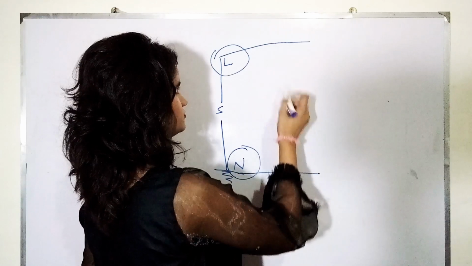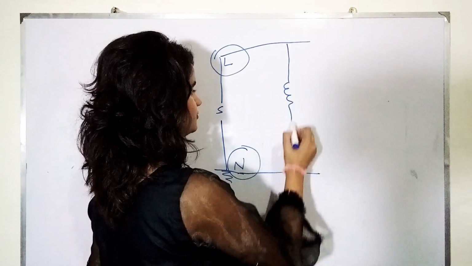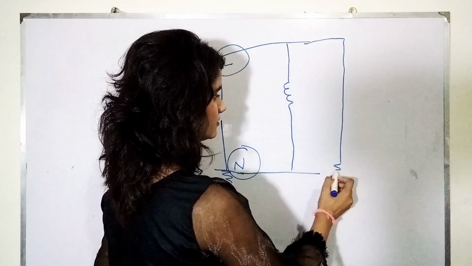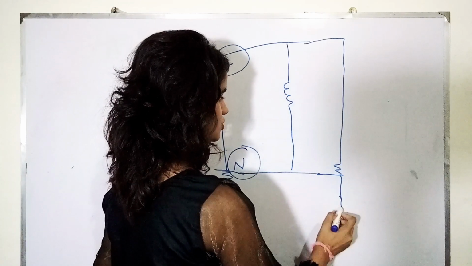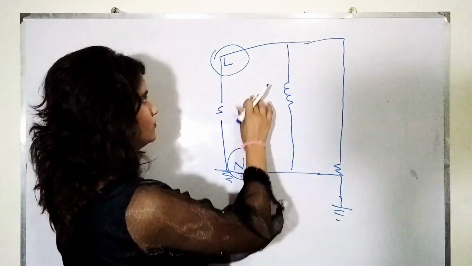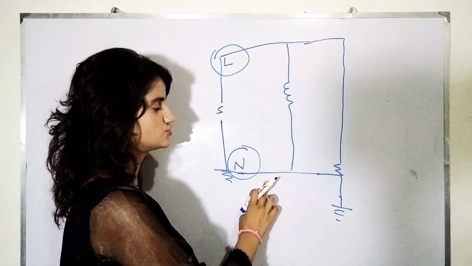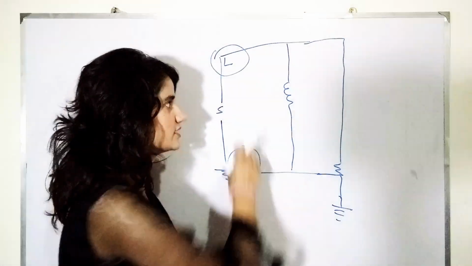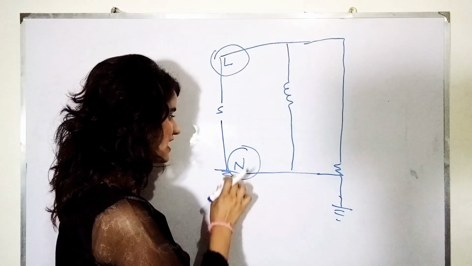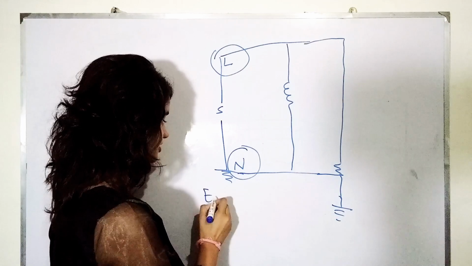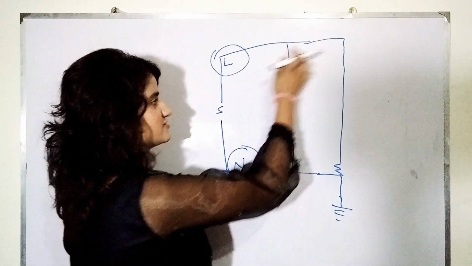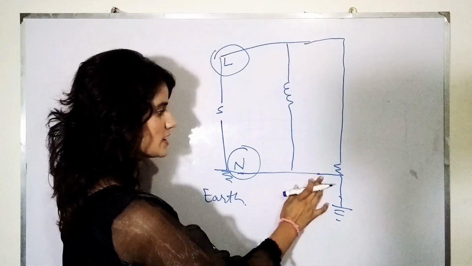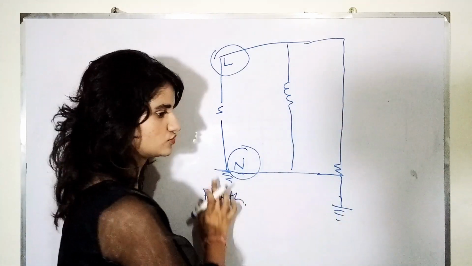Now, for the connection of these two wires, they can be connected really simply in this way, or they can be connected in this way. So when there would be connection between live and neutral wire, the circuit completes, and when the circuit completes, current flows. Now we know that the neutral wire is going in the earth. When the circuit is going to complete through the earth, so the region, the ground on which this wire is present, the current will flow through ground.